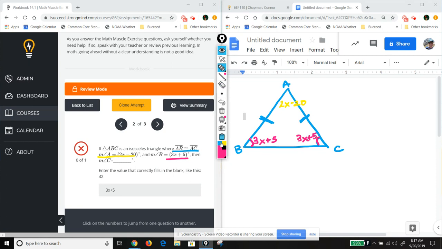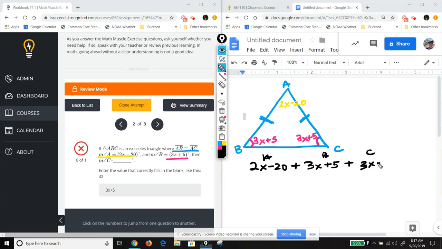Okay, so from there, we're going to do the exact same thing that we did in question 1. And we're going to use this idea that these three angles, the measurement of angle A, adding with B, and then adding with C,